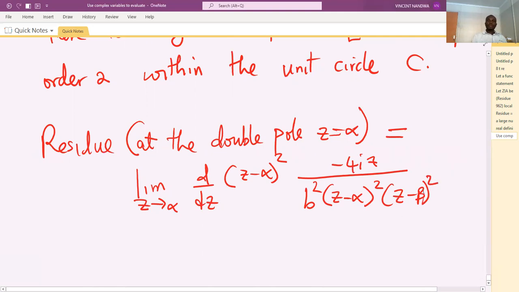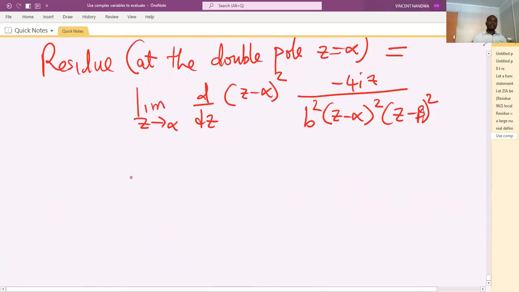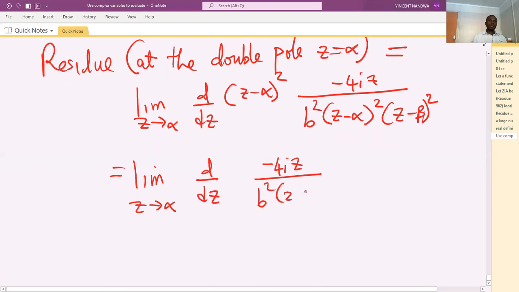So this can be written as the limit as z approaches alpha of d dz of minus 4iz divided by b squared into z minus beta squared,